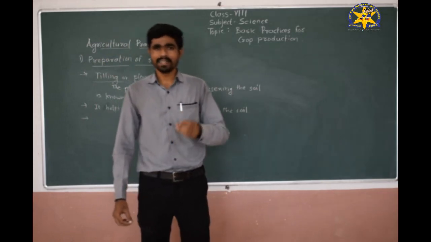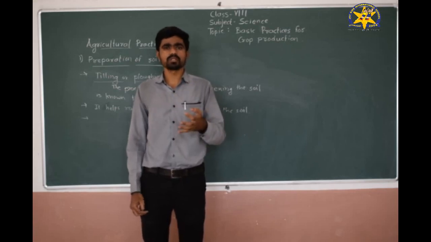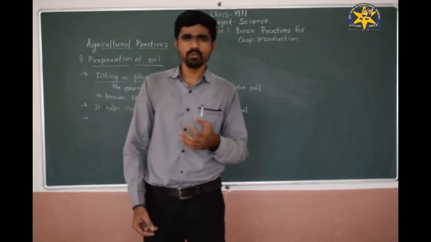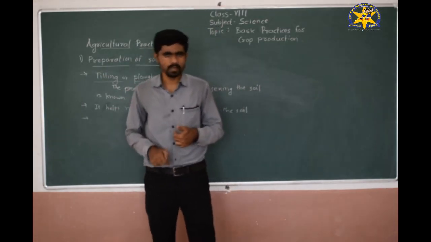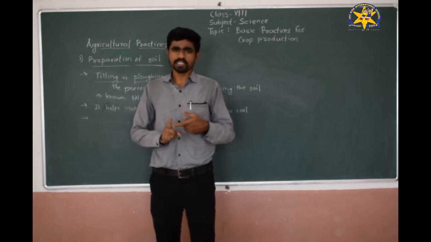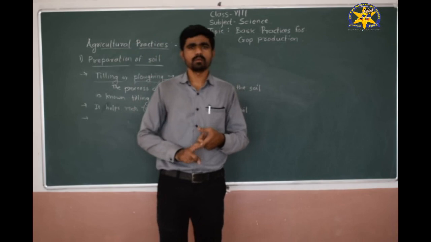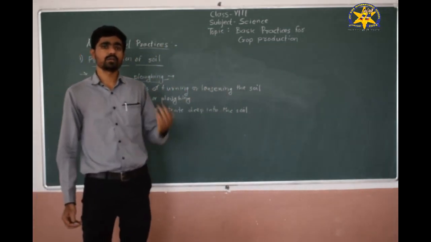What it does is feed on the soil and also provide us compost. That is what is vermicompost. The excreta of the earthworm can be used as manure. So that is why it is good to have earthworms in the soil. But earthworms stay when there is a sufficient amount of water in the soil and when there is a sufficient amount of oxygen. So it also allows farm-friendly microorganisms.